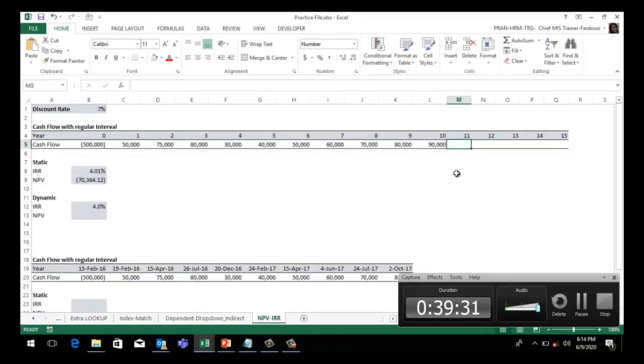If I add any value, it will change the rate, and press enter.